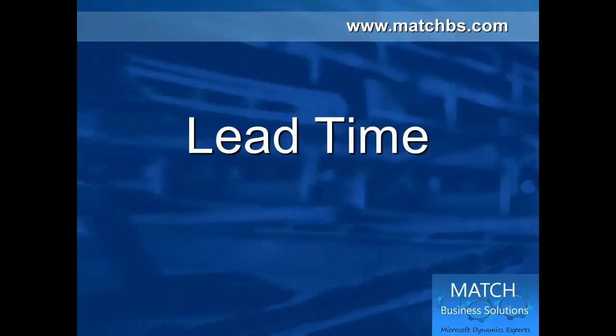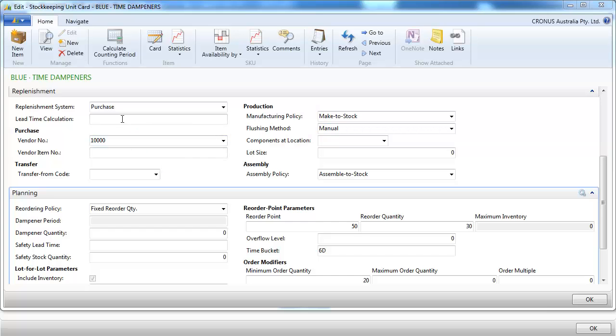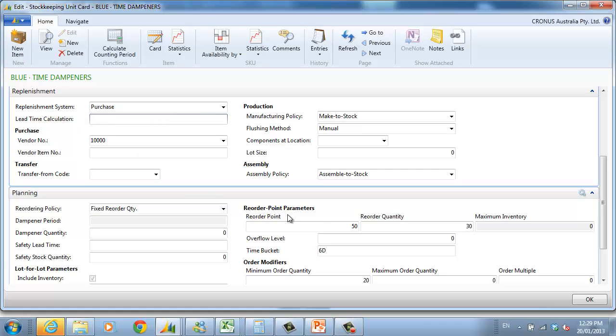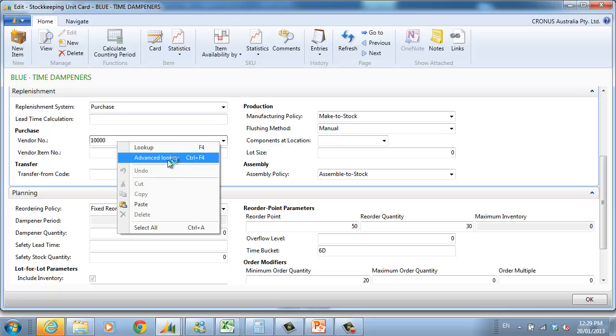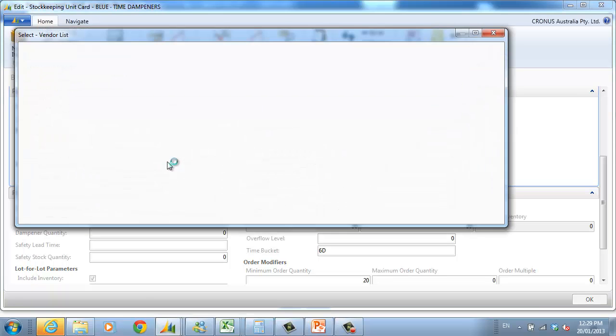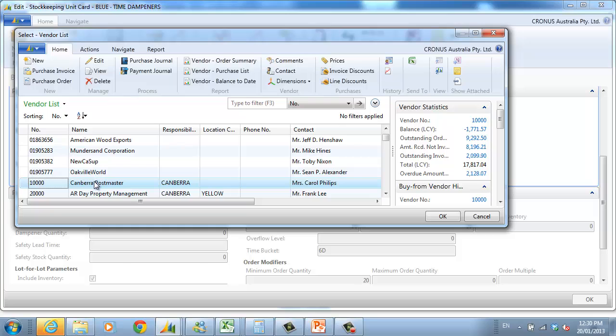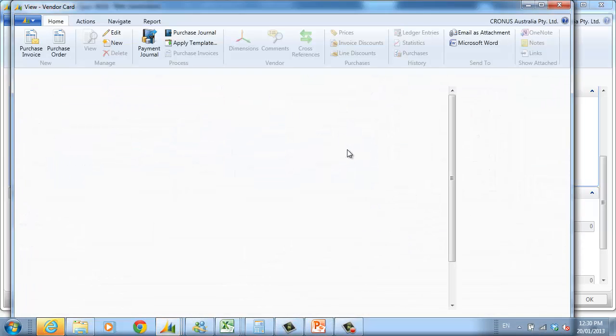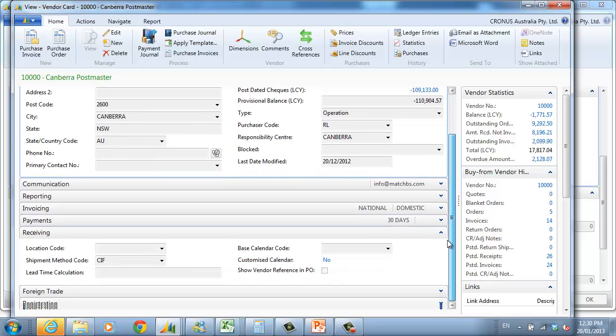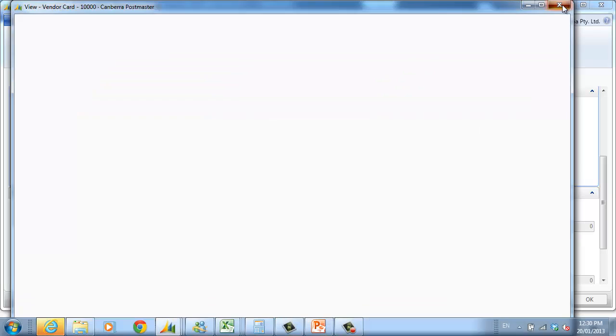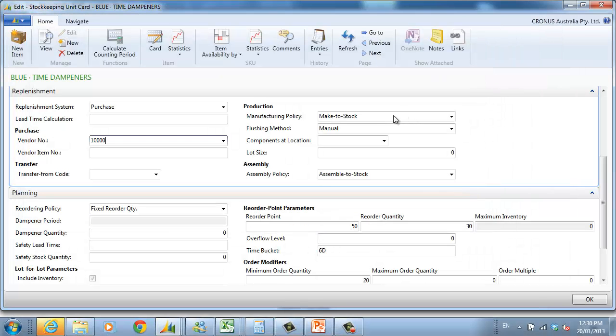Let's go and have a look at lead time now. So the lead time is how long it takes for your vendor to send the goods. We can put that in different places actually: the stock keeping unit as we saw, and you'll also find lead time on the vendor. So if any product sent has the same lead time,